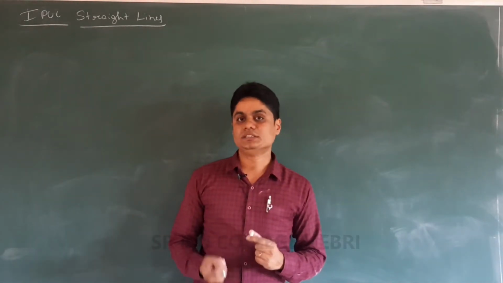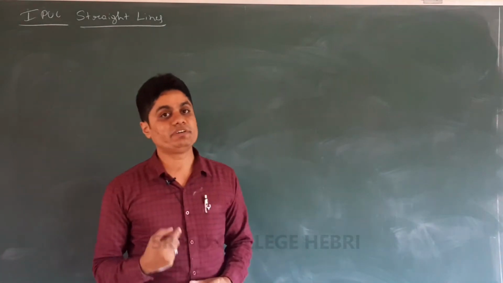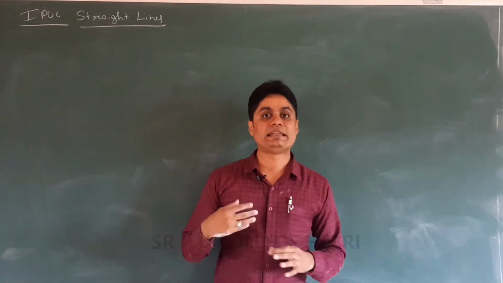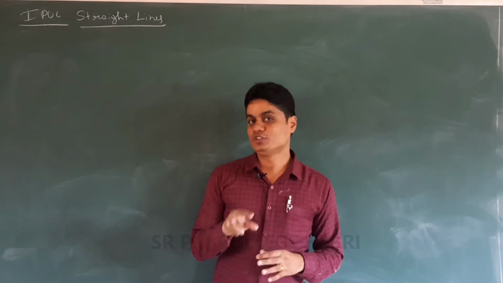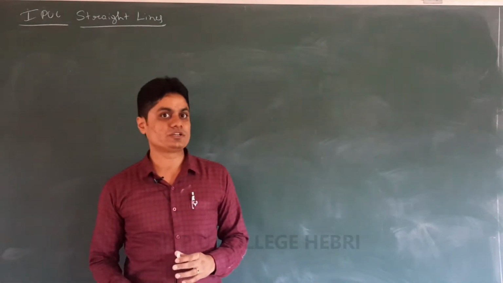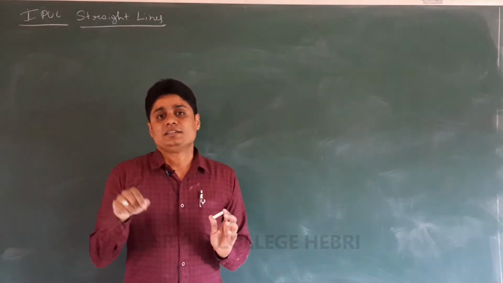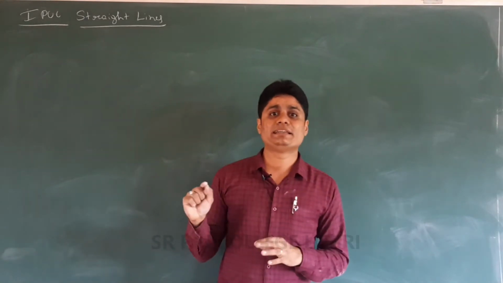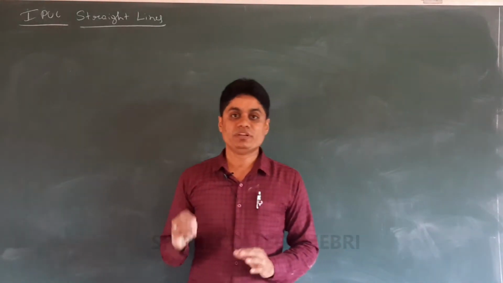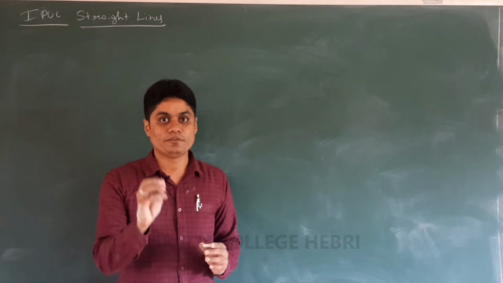We also learned one formula which will be very useful to find the slope of a line joining 2 points. If you know the 2 points on the line, x1, y1 and x2, y2, what we got in the last class is that the slope of the line joining 2 points is y2 minus y1 by x2 minus x1. We derived that formula for an acute angle.